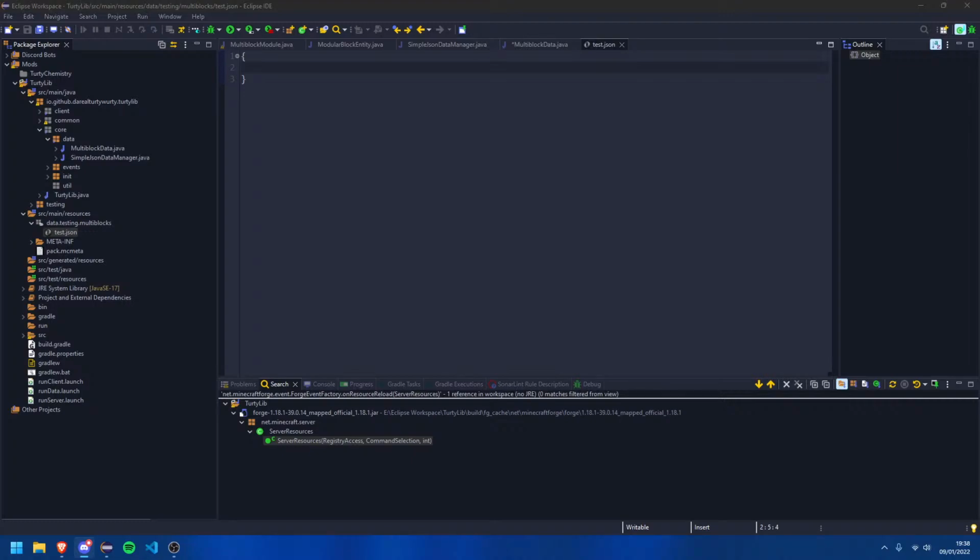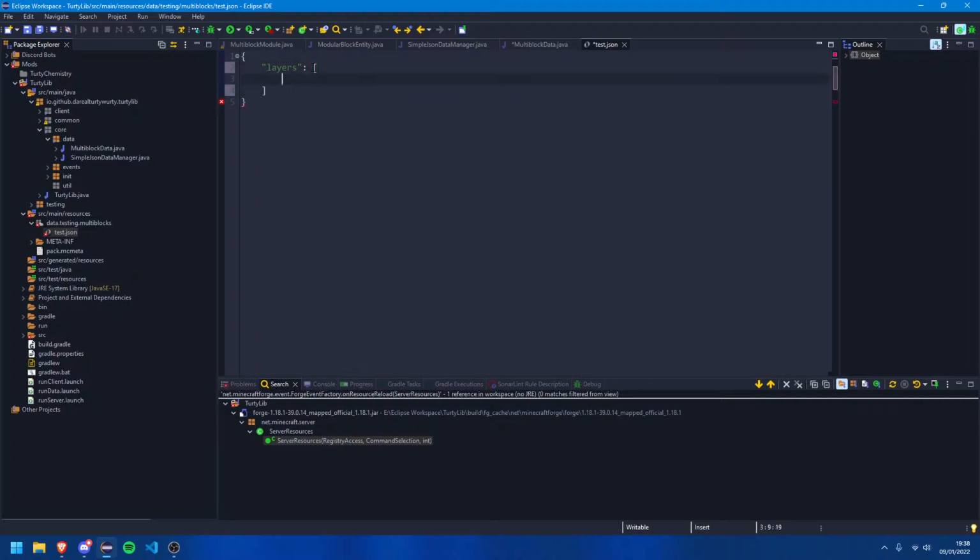I think the best way is probably something like, okay, let's something like layers, and then this could contain like an object where we can say